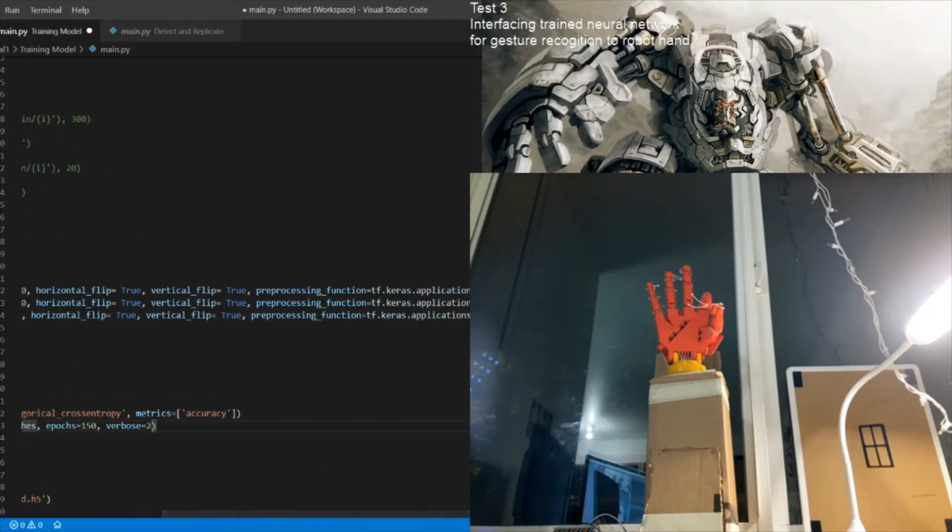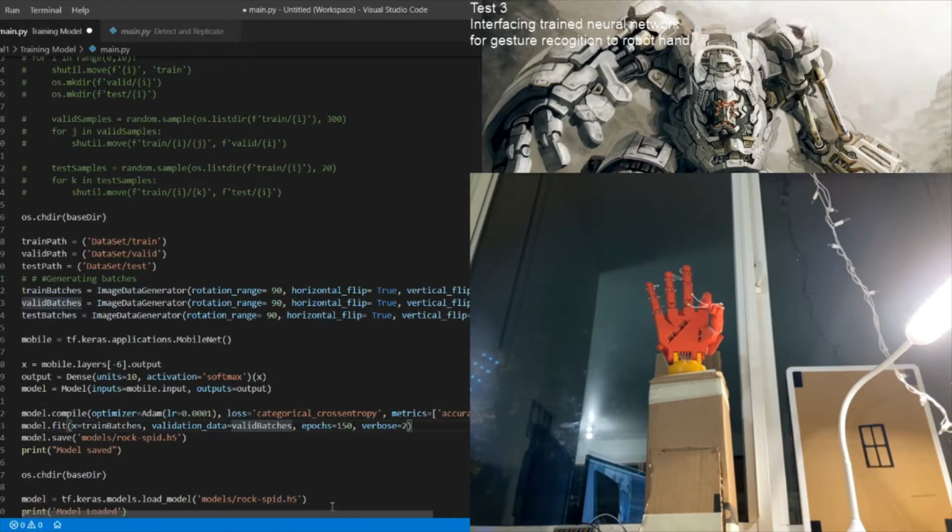Epochs here I'm setting as 150 because each epoch a new data set will be generated randomly with this random function. So every time, let's say the same image, it will maybe be rotated, or horizontally or vertically flipped, rotated by some different angle, so we can get a different range. The model should be generalized to be able to predict any of the similar required output. Once the model is trained, we will save the model as .h5, here we are saving it as model.h5, but later on we'll process it to a TF-Lite.